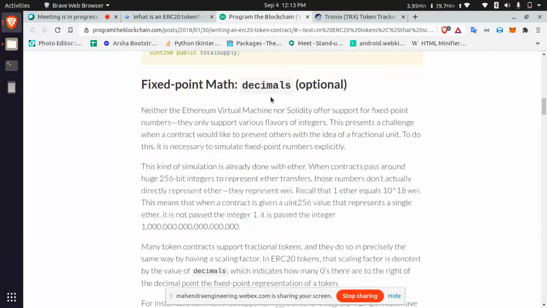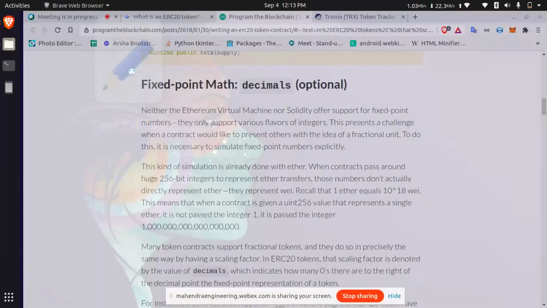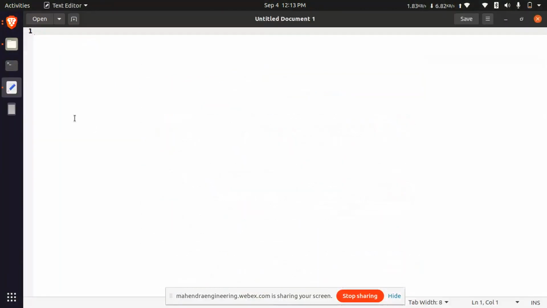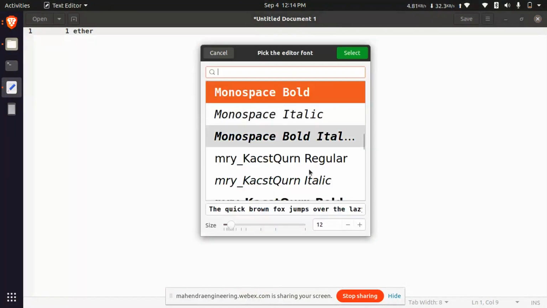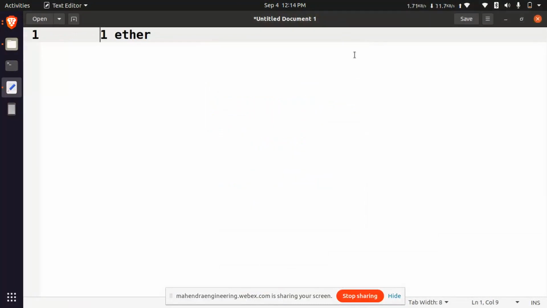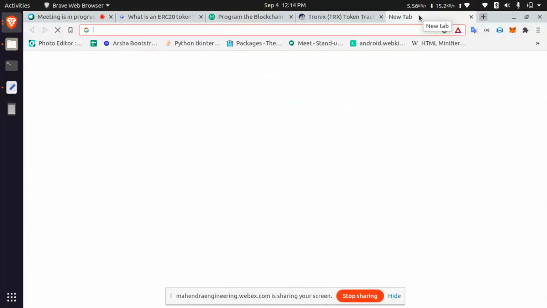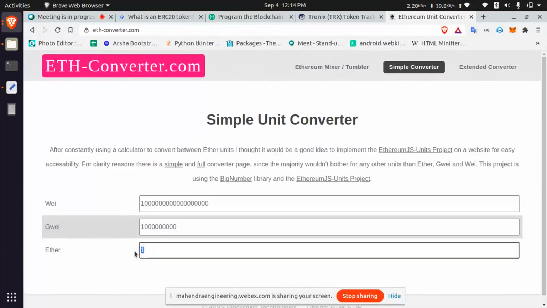And then decimals. Decimals means, for example, 1 ether equals 18 decimals, because in the Wei converter you can see ether to Wei. 1 ether equals this much Wei.